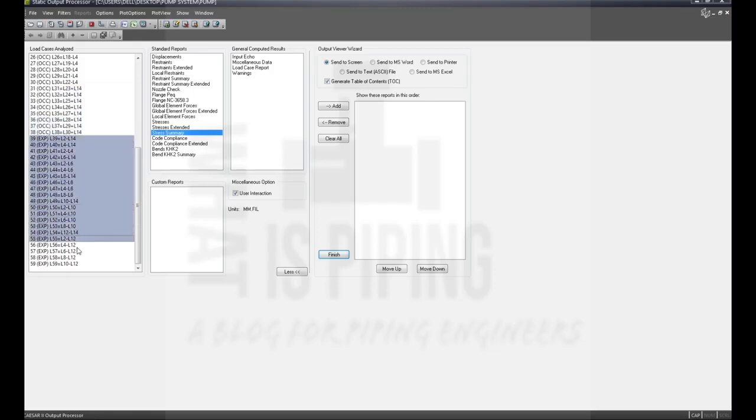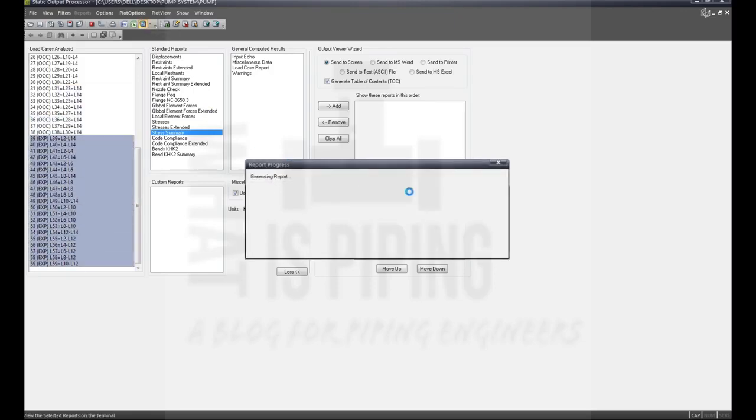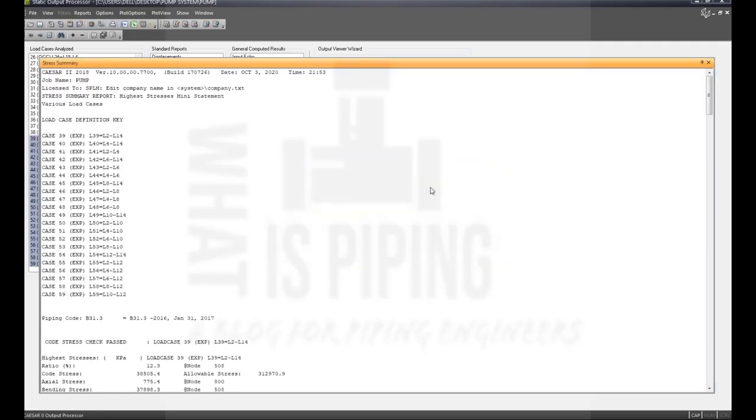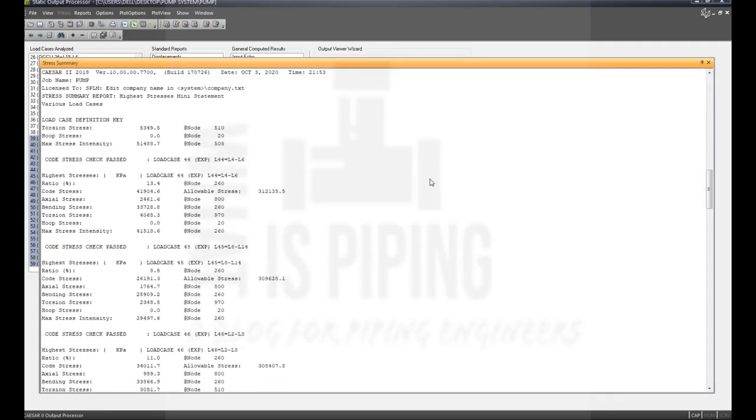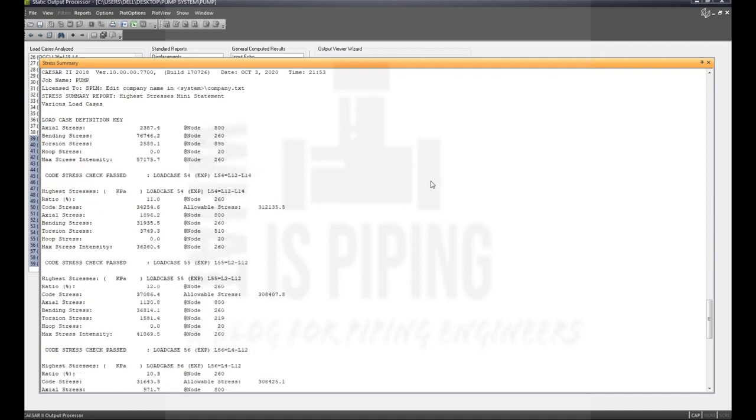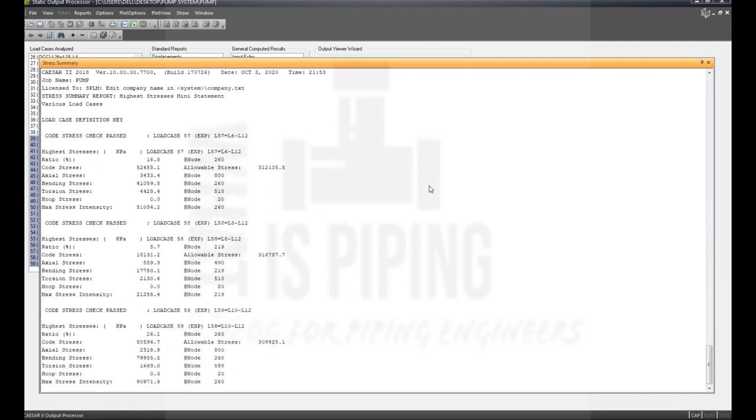Next, expansion stresses. We will select all expansion stresses and check what the maximum value is. The maximum value in most cases comes in the max minus minimum design temperature cases, meaning for this case L2 minus L6.